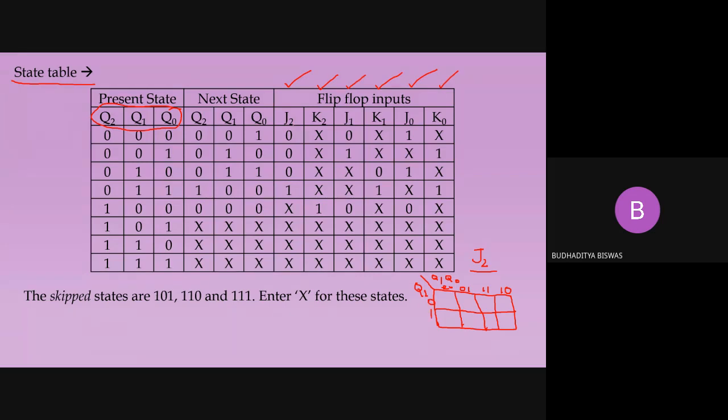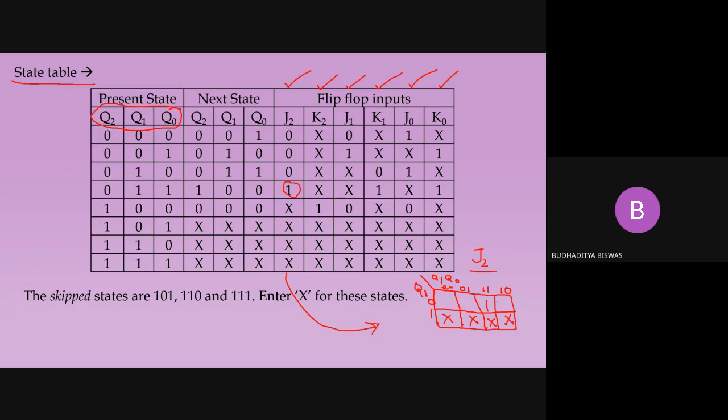Now look at J2 when it is 1. J2 equal to 1 here, and what is the combination? It's 0 1 1. That means this particular cell is filled with 1, and in the rest of the places it is 0. In the rest of the places it is a don't care condition. That means 4 5 6 7 are don't care conditions. So this is 4, this is 5, this is 6 and this is 7. In this way we mapped the J2 column to this particular K-map.